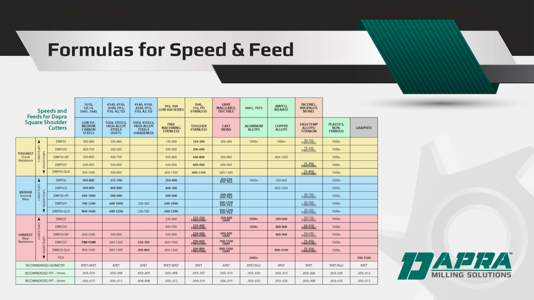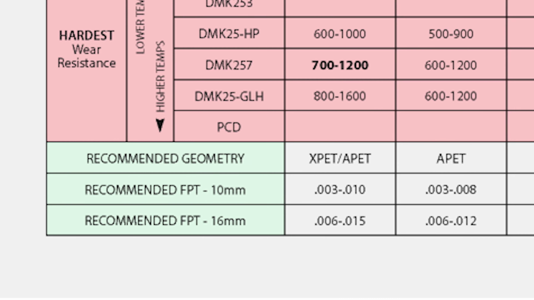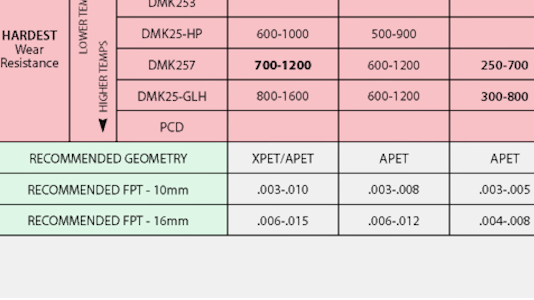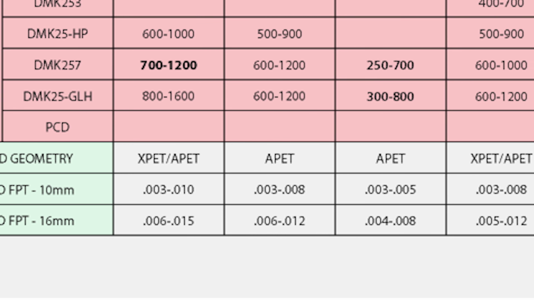Now, your cutting tool manufacturer's catalog should provide recommended speeds and feeds for your cutting tool, but these will generally be provided in surface feet per minute and feet per tooth. For your CNC program, you'll need to convert these numbers into revolutions per minute and inches per minute. This video will first show you the math for doing this manually, then introduce you to Dapra's online tool for